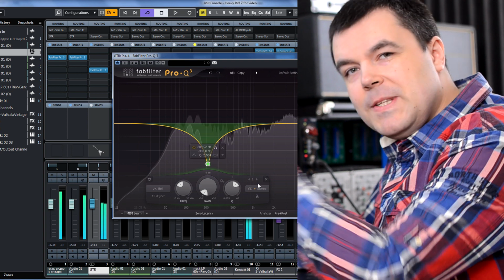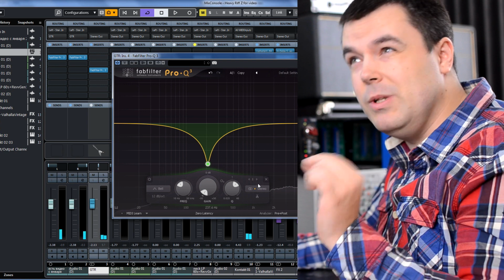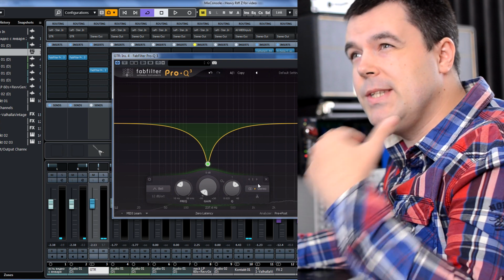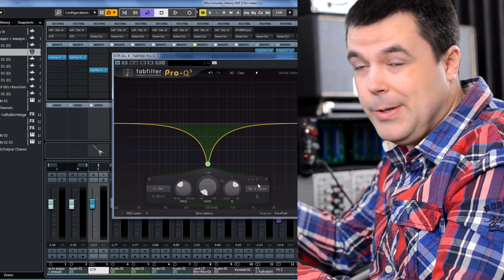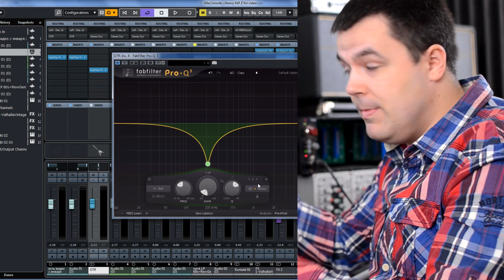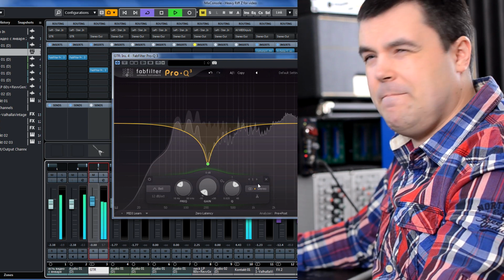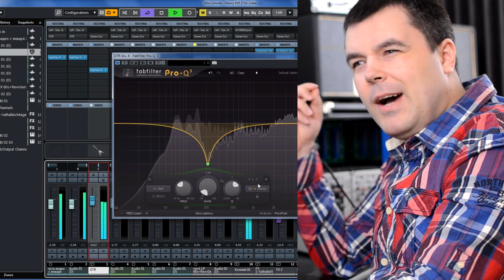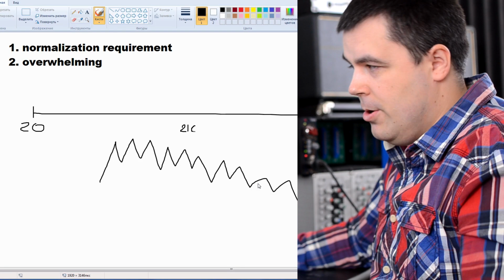So basically with the same volume as we had previously, our guitar just sounds a bit too quiet. I wouldn't say it's too quiet, but it's definitely not the dominating instrument in the mix anymore, it's more like a background sound. We have to normalize the volume. You can do it on the output of the equalizer or with the fader. Now it has proper volume, but now it sounds harsher.